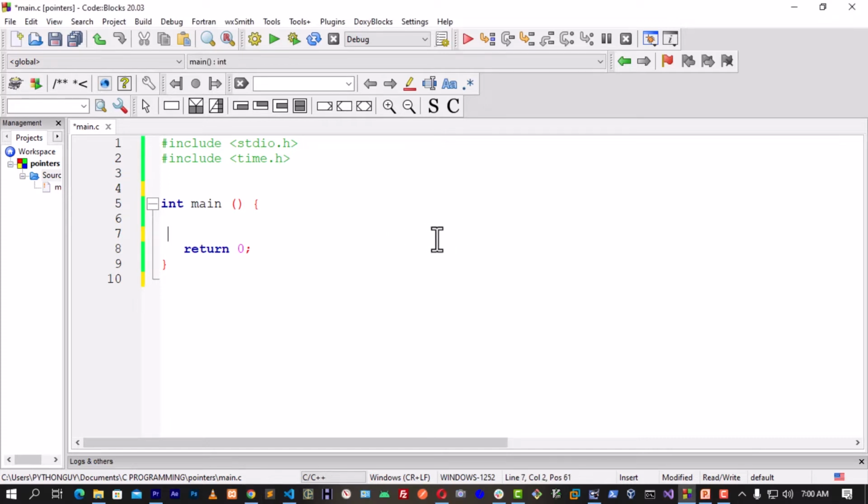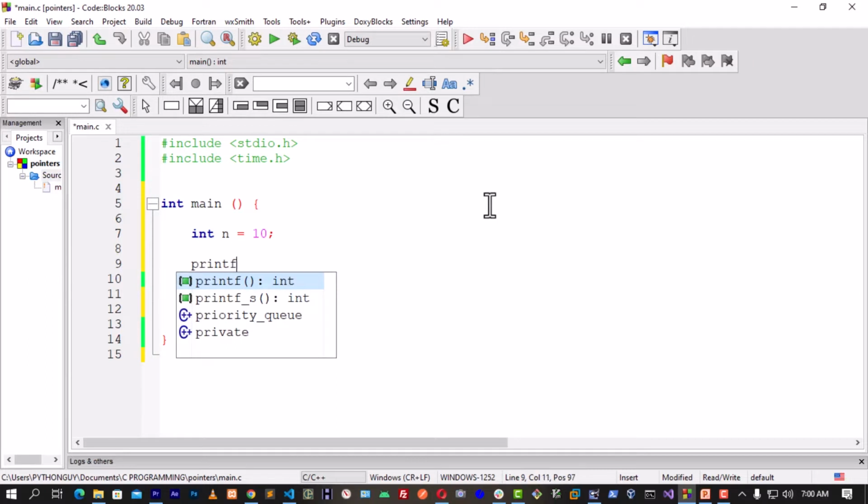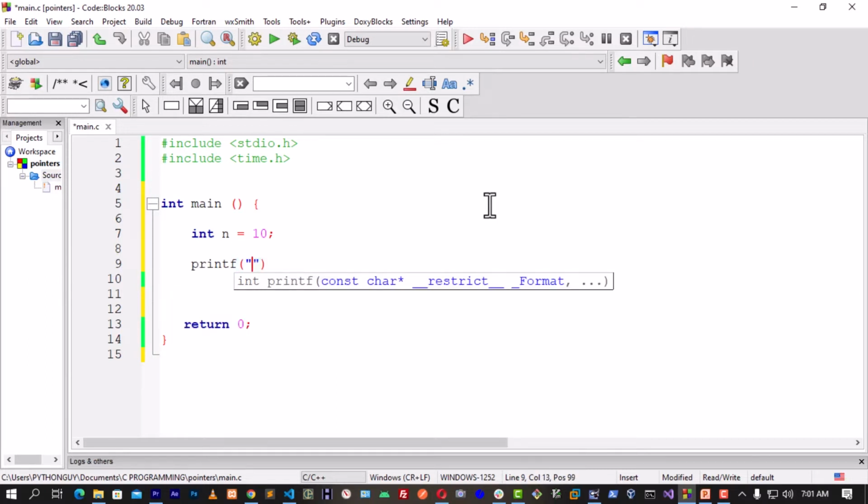So for us to begin, let's declare a variable here of an integer type, with the variable name n. Then we pass a value of 10 to it. Now up here we are going to print this value of n is